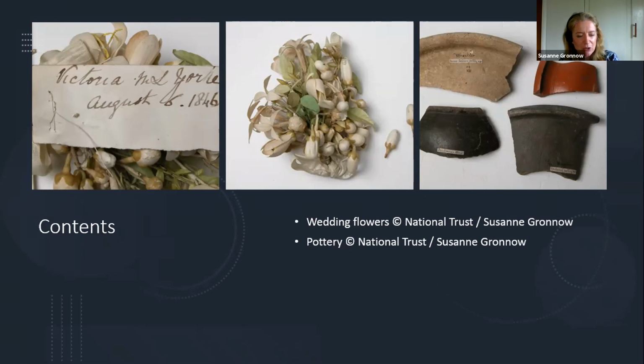So why has Victoria York got these examples of broken pottery? Was she excited by the new discoveries and findings? Did she collect them firsthand? We've yet to discover. And there are a number of handmade flower posies commemorating significant events, and you can see one of them here,